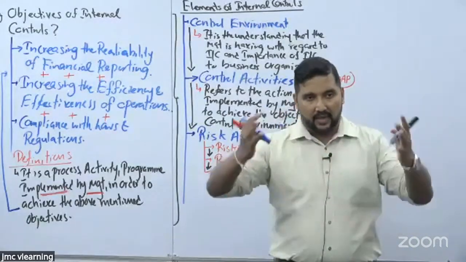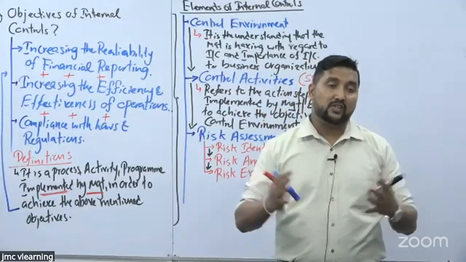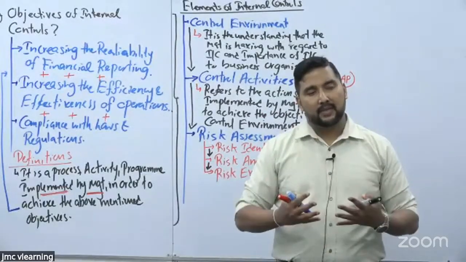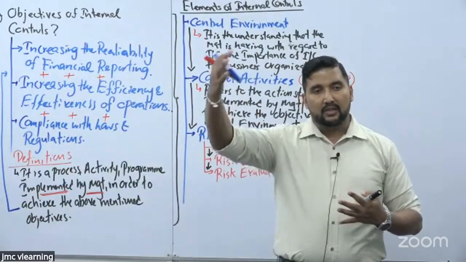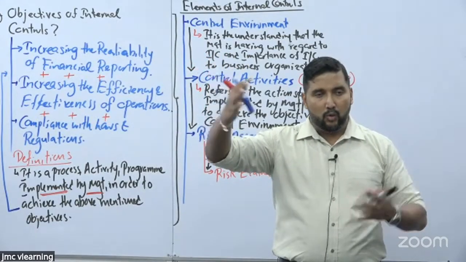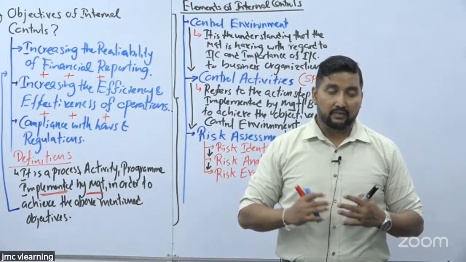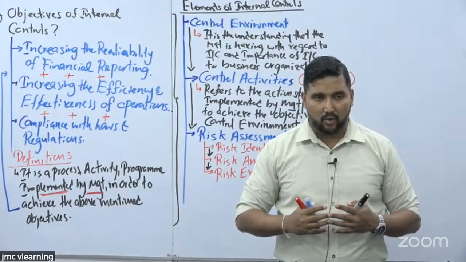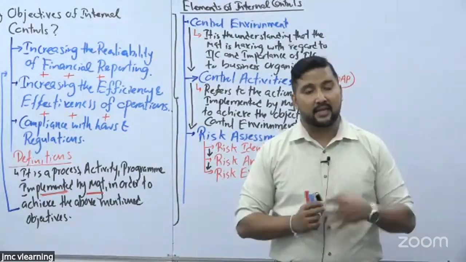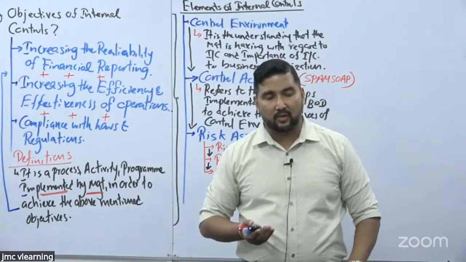The internal controls of a business are designed by the board of directors, management, top management, or the people who are in charge with governance. Right. What is the ultimate purpose? Even though the management designs the internal controls, who is going to implement those internal controls? For example, let's say the finance manager decided to implement this control. What is that control?